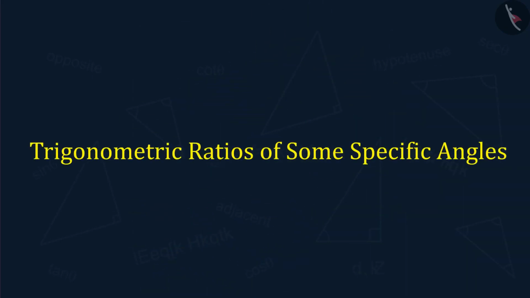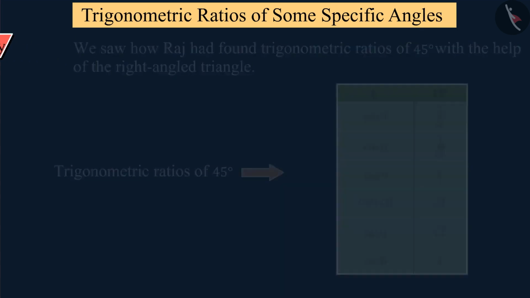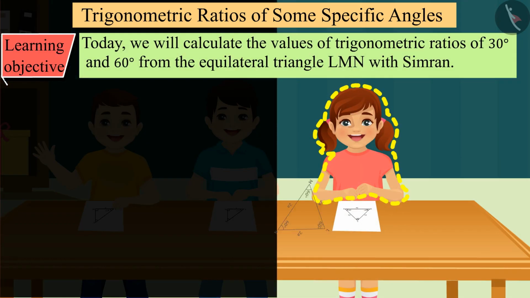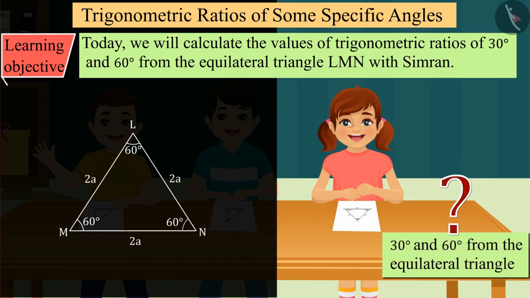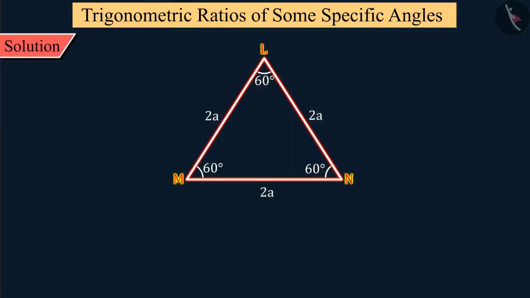Welcome to this video. In our previous video, we saw how Raj had found trigonometric ratios of 45-degree angles with the help of the right-angled triangle. Today, we will calculate the values of trigonometric ratios of 30 degrees and 60 degrees from the equilateral triangle LMN with Simran. Given that the length of each side of the equilateral triangle LMN is 2a and each angle is 60 degrees,